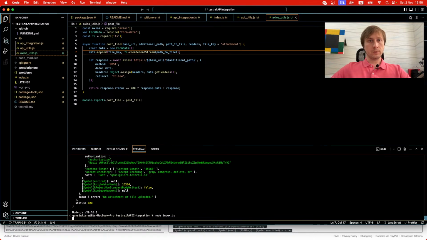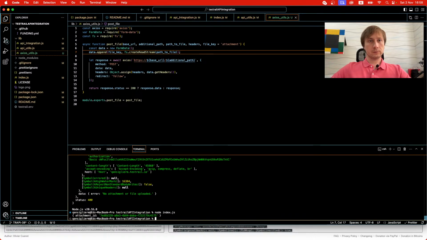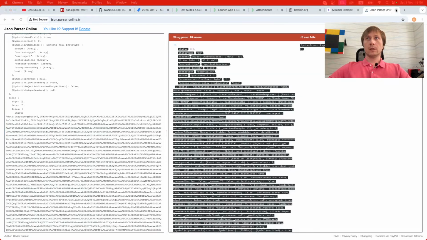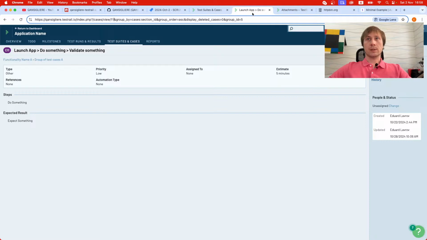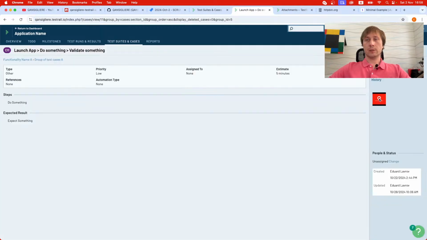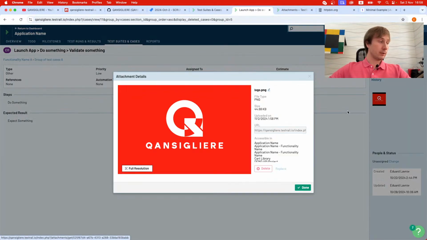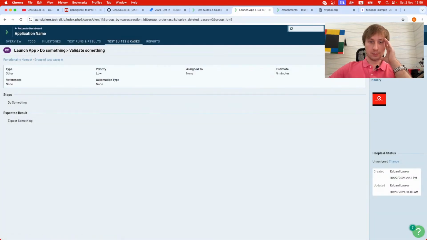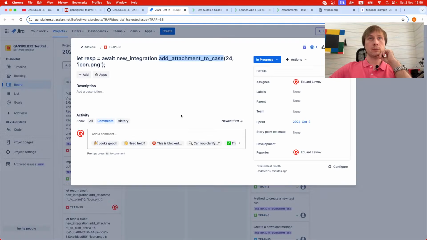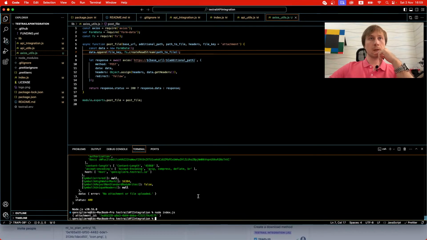Let's reuse our method. Done. Let's check our test case, and we can see that our image was successfully assigned to the case. So technically we solved the issue with case, right? So what we could do here,